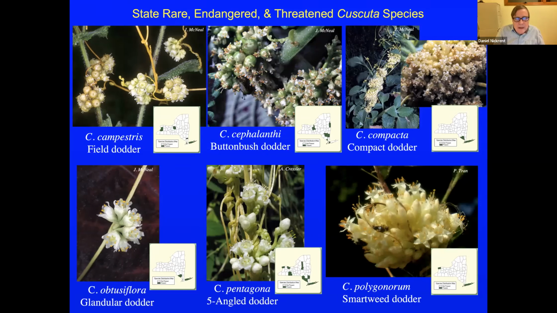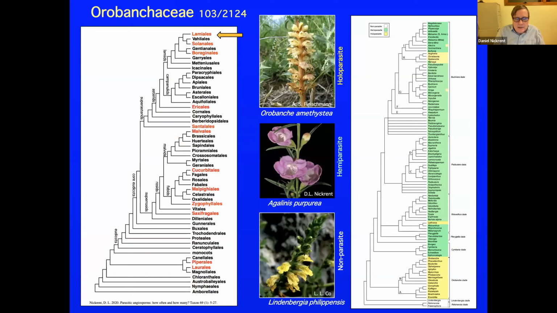All right, so let's move on to the next order. This is the Lamiales. It's a very big group. You can see up at the top there, it's near the Solanales. And you probably learned some of these as Scrophulariaceae. But these days, with molecular work and other things, Scrophulariaceae has been disintegrated. In fact, that's a good talk for this group, right? What happened to Scrophulariaceae? Because it's now in multiple families, and one of them is